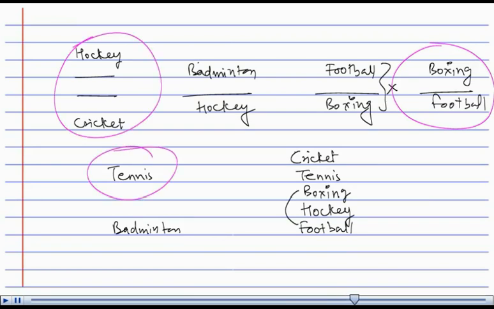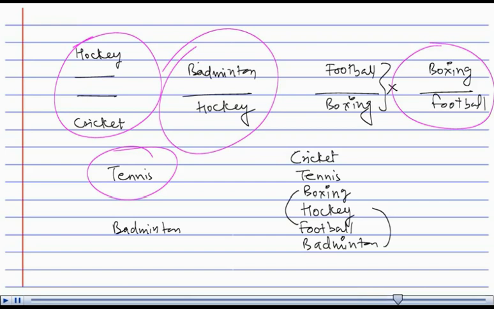Now we need to place badminton and hockey. Since 1 game has to be there between badminton and hockey, we can have the last game as badminton. And we can see that between hockey and badminton we have football. So all the games have been placed in the order.